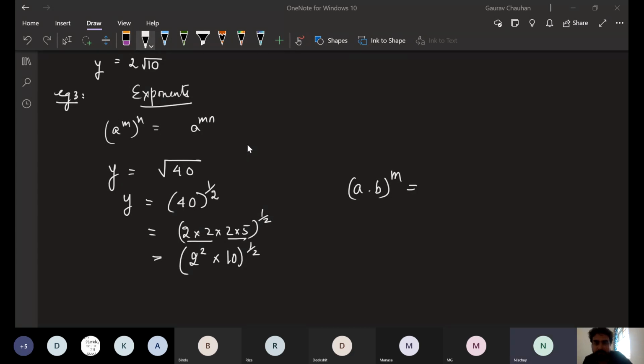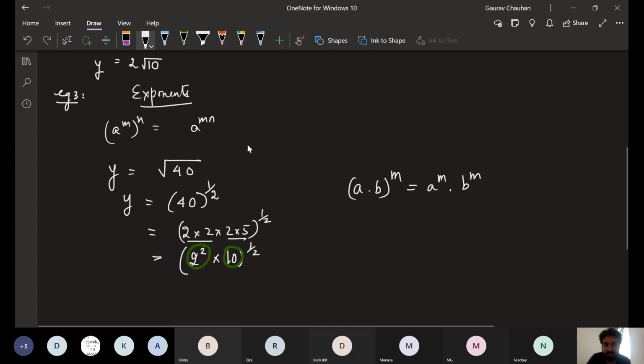Sir, A power m into B power m. Perfect. A power m into b power m. Basically, each part of it I can multiply to the power m. So now here this is kind of A and this is kind of B. So what I can write is